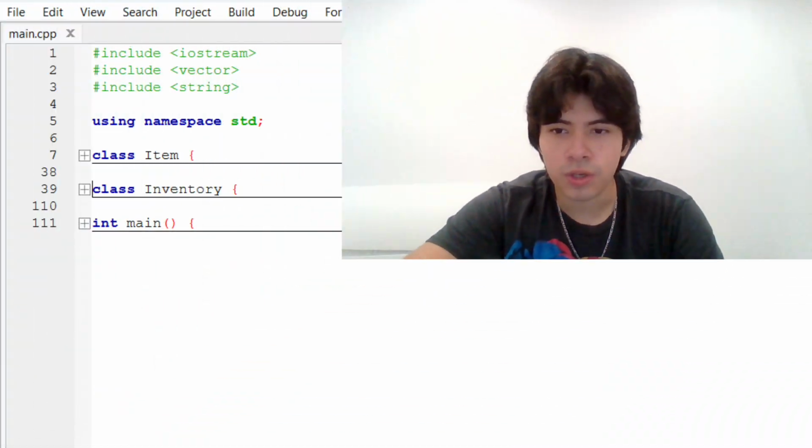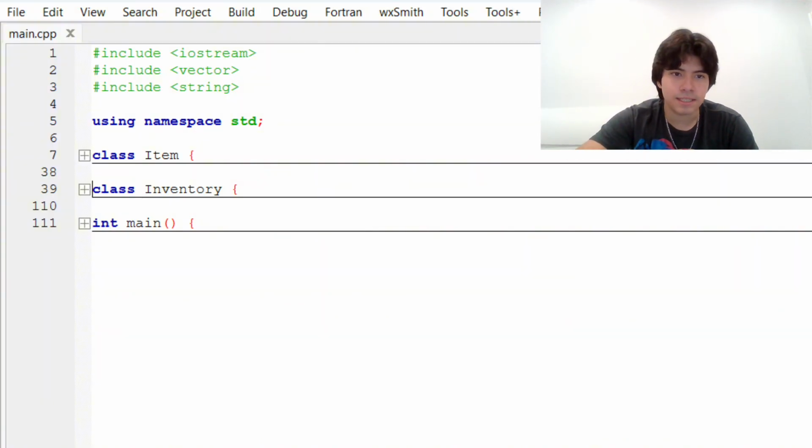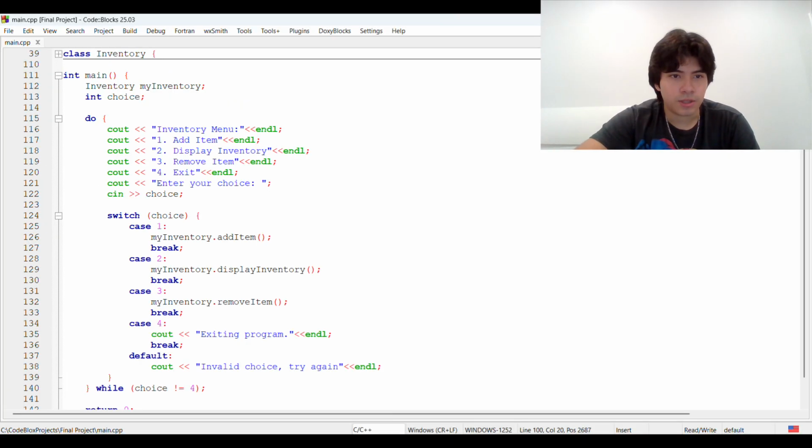And so through the use of classes and containers, I'm going to show you how I made an inventory system through containers. As you can see here,